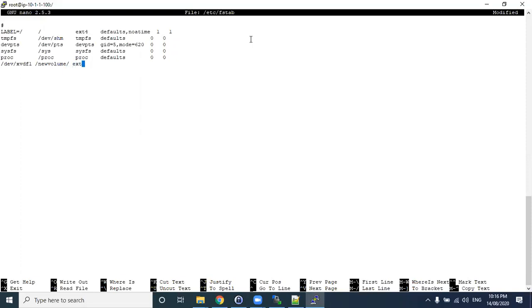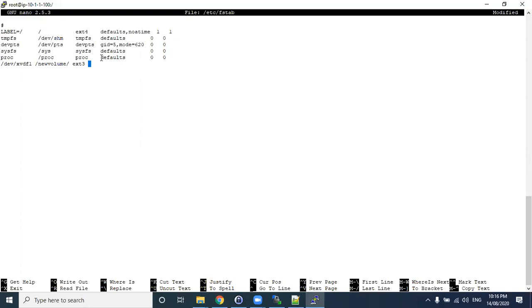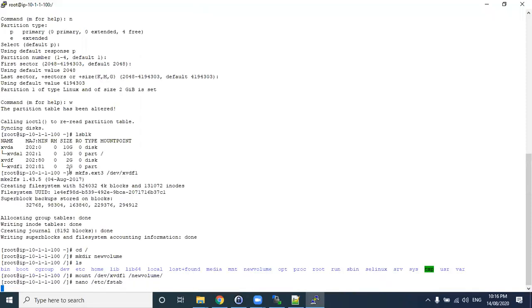And ext3. So this will be the same. Okay. So what we'll do here, now let us enter into this new volume.